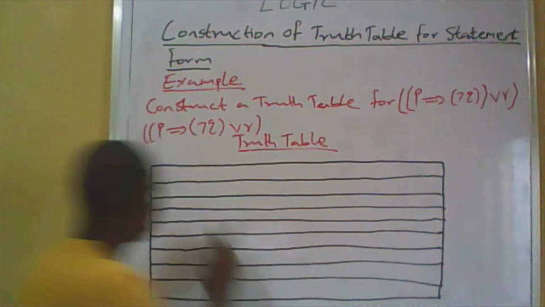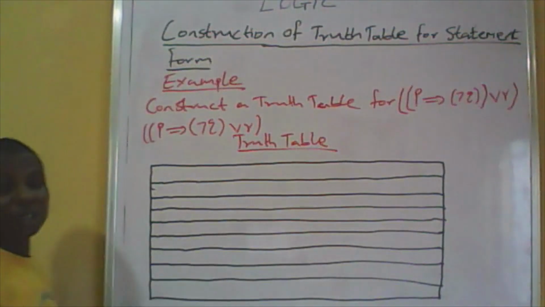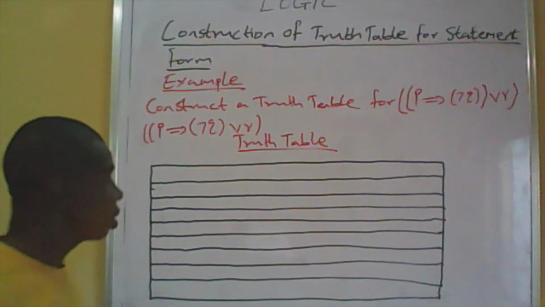You can count it: 1, 2, 3, 4, 5, 6, 7, 8. I mean, you have 8 rows. Let's create